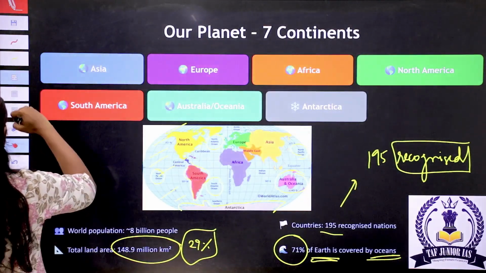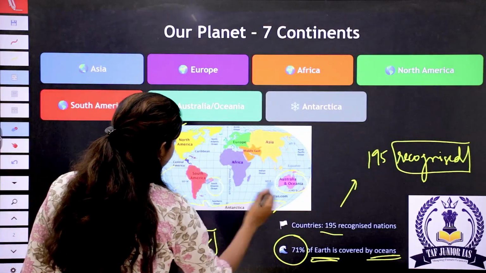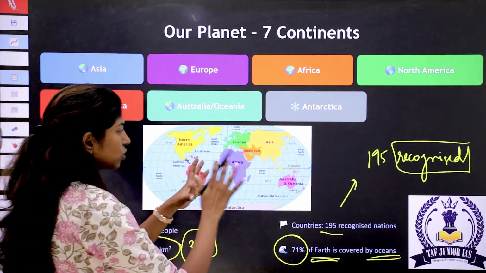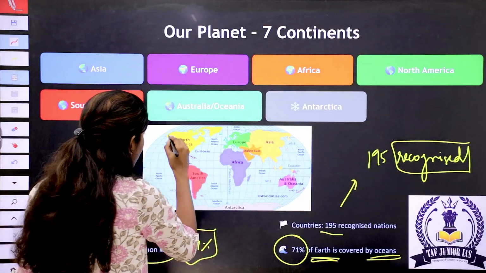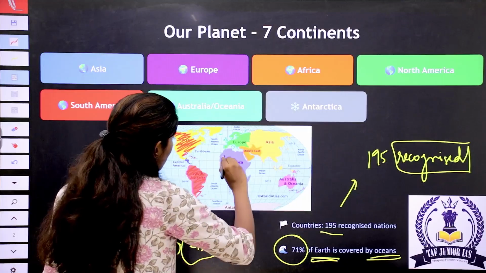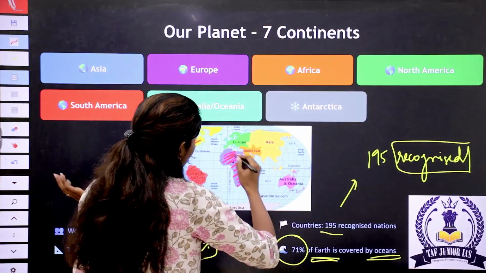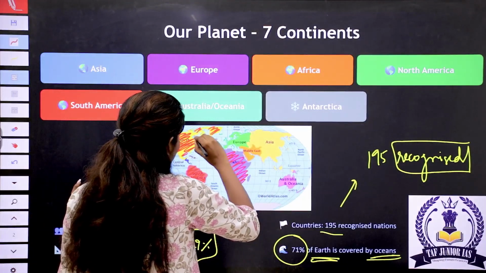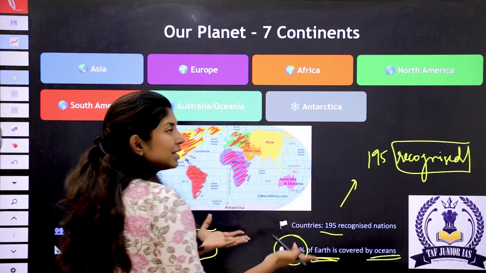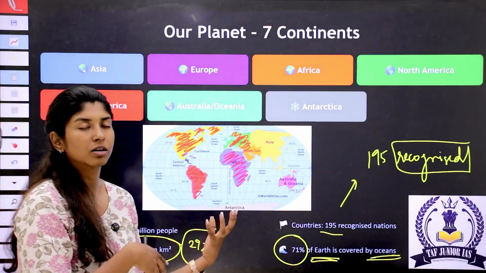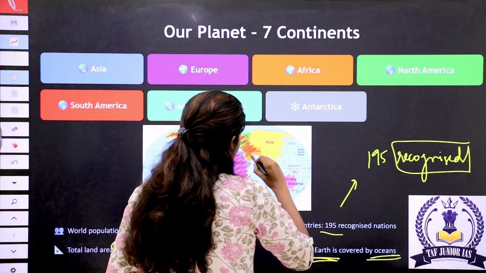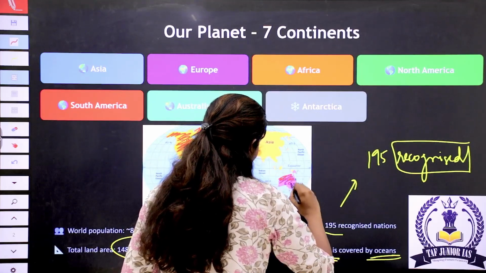Look, this is the whole world, right? Now, all of these red parts are landforms, and the whole human population is spread in this part. In Antarctica, there are visitors and tourists, but there are no permanent settlements. So this is the whole place.